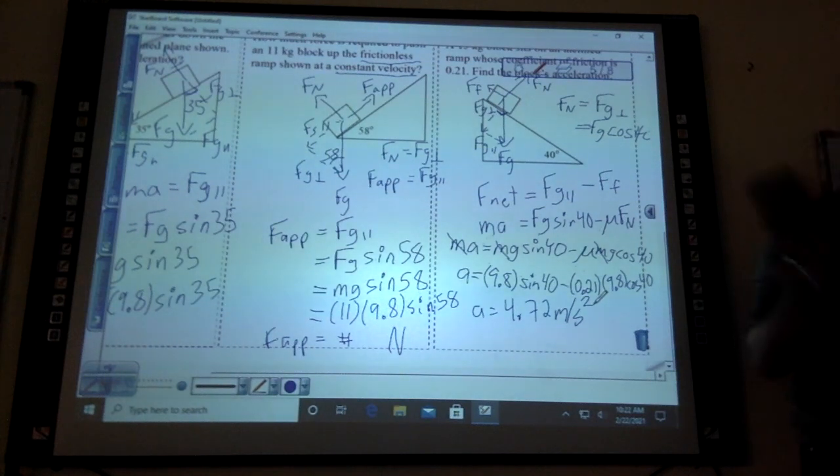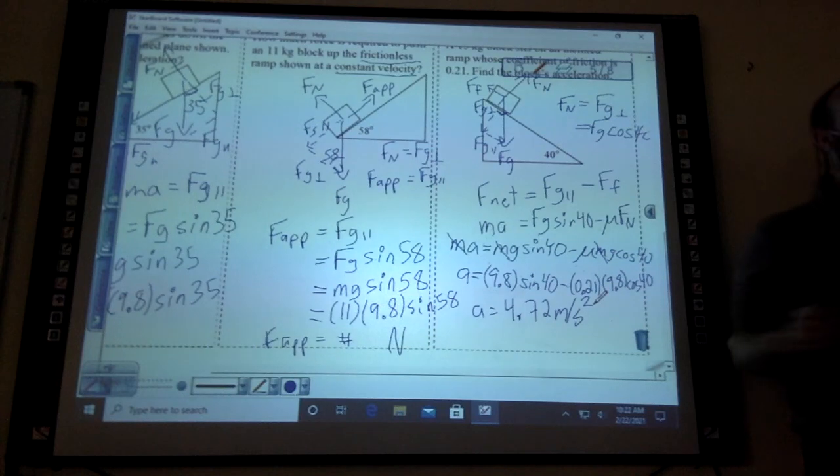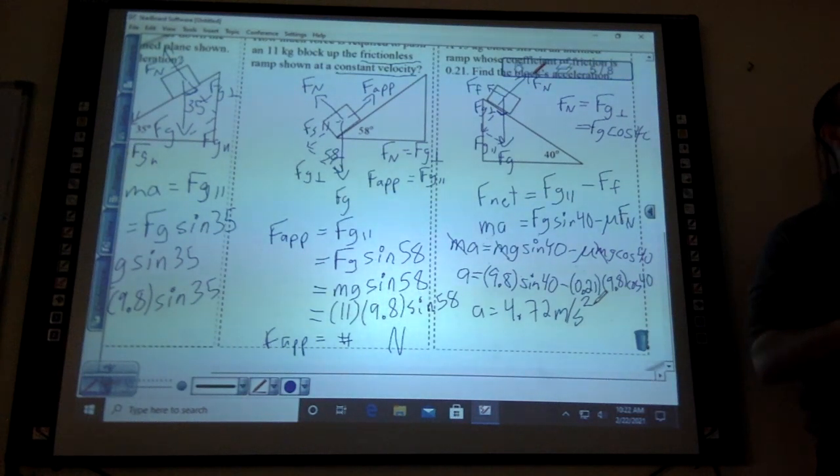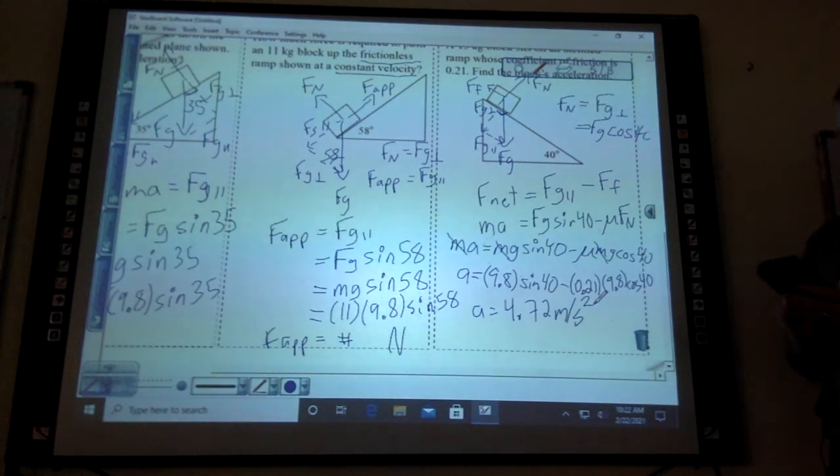0.72 meters per second squared. Well, if you did it your way, it would still work. It should still work. No, it shouldn't make a difference. Well, I'm going to stop the recording here, but then we can